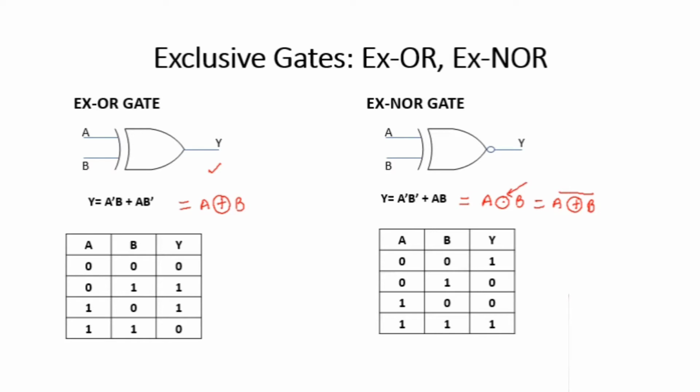So these are the truth tables for an XOR gate. The truth table says if both the inputs are identical, the output is 0, and if both the inputs are different, output is 1. So here we can see both the inputs are different, so I am getting high output, and for these cases I am getting a low output. Similarly for this XNOR, this is a complement of an XOR gate, so I am getting high output when both the inputs are identical. Here I am getting the high output, and for these two cases when both the inputs are not identical, that means both the inputs are different, I am getting a low output.